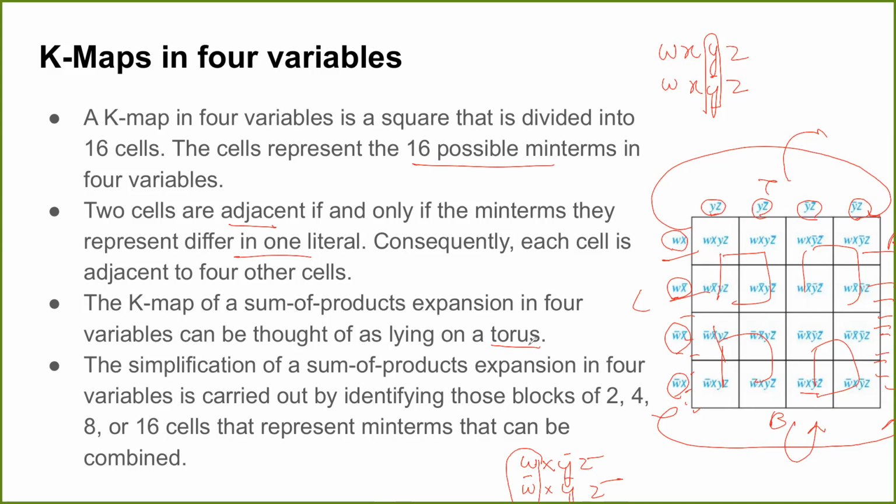Now when you have to do simplification, you can use these adjacent cells as well. Is this visualization clear? How we are going to find the adjacent cells: left, right, as well as top, bottom. Is this clear, class? The 2 wraparounds, left, right, top, bottom. And the center ones are already there. So let's see some examples.